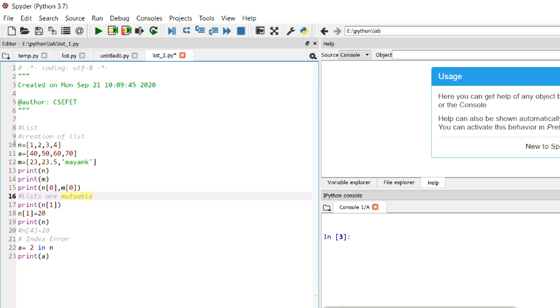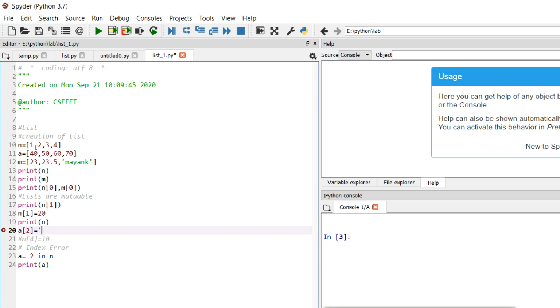For example, in this case we are changing the value of n[1], which is 2, and we are changing it to 20. Similarly, if I do it over here, I take the indexes: a[0] is 40, a[1] is 50, a[2] is 60. So I take a[2] and I change a[2] to any value.